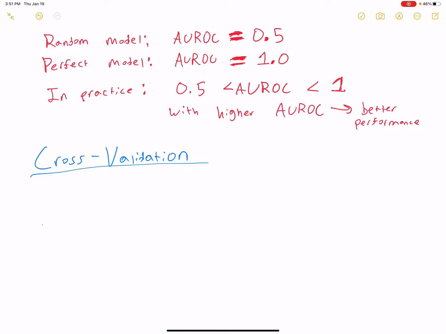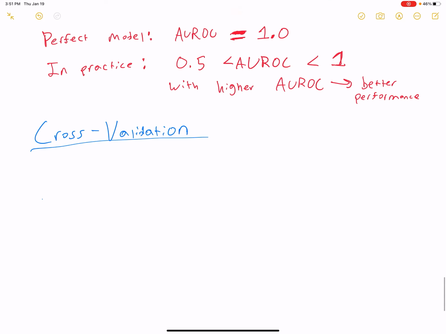There's a lot of randomness to the process. So if your data points happen to be sorted differently, you'd get a different model that's trained, as well as different predictions from that model. It's not a perfect process, but to help protect against that, it's common practice to do something called